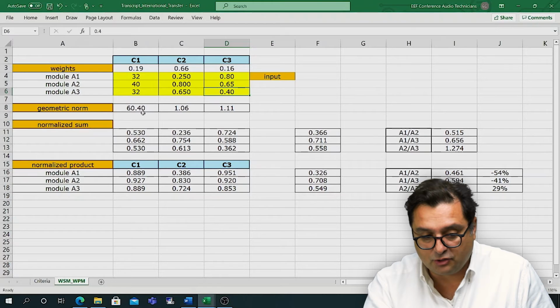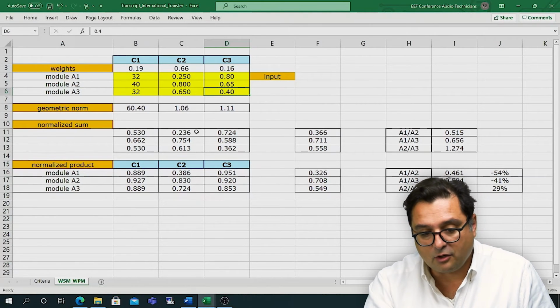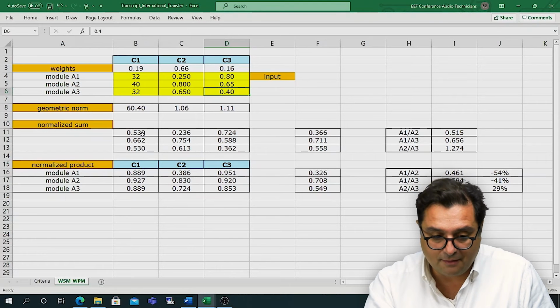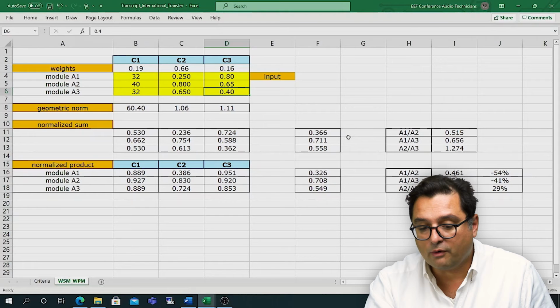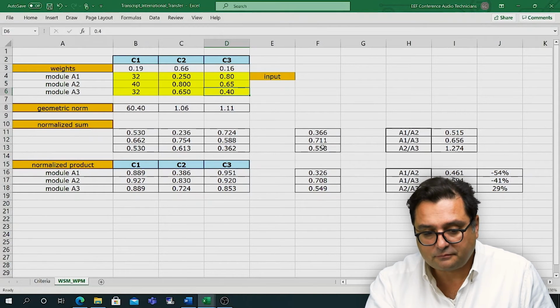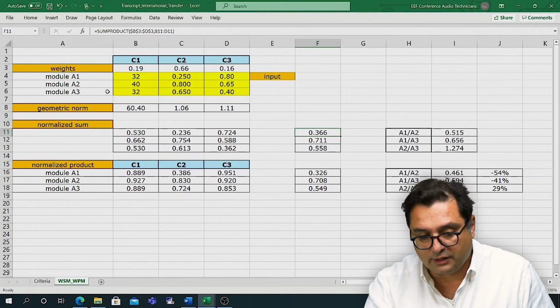Then we estimate the geometric norm, and we also estimate the normalized sum and the normalized product as per the theory. In this regard, we are going to use the weighted sum method and the weighted product method, 2 methods that we learn at school when we have to deal with multiple criteria. What we have done here practically is that for every module we have derived a value like 0.366 for module A1, 0.711 for module A2, and